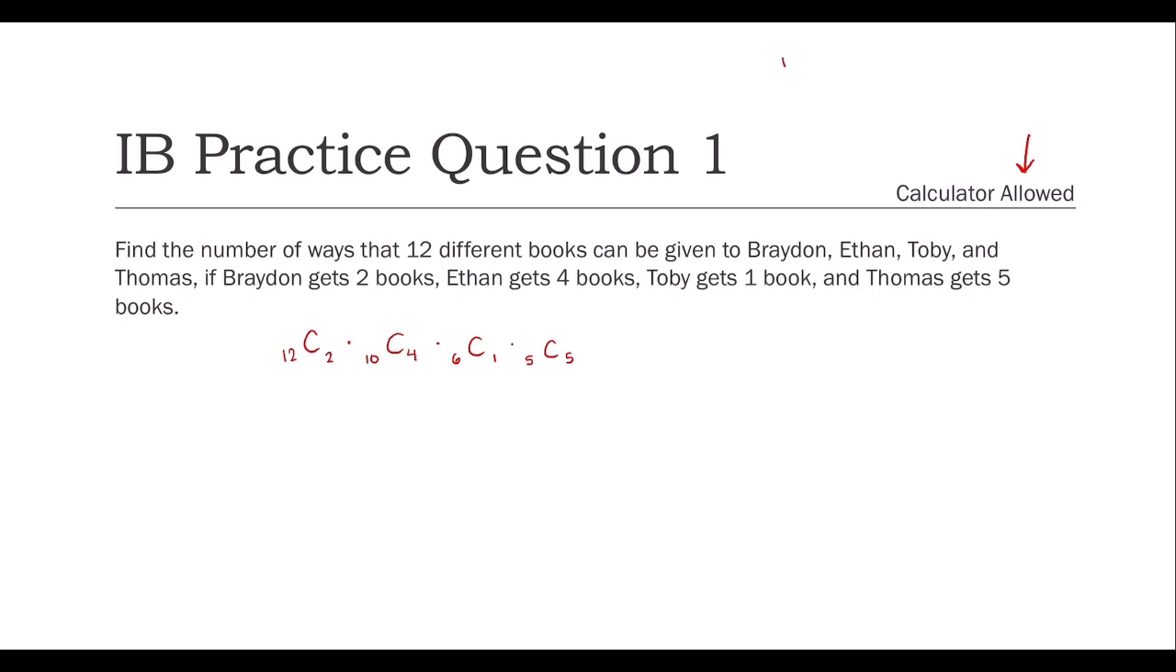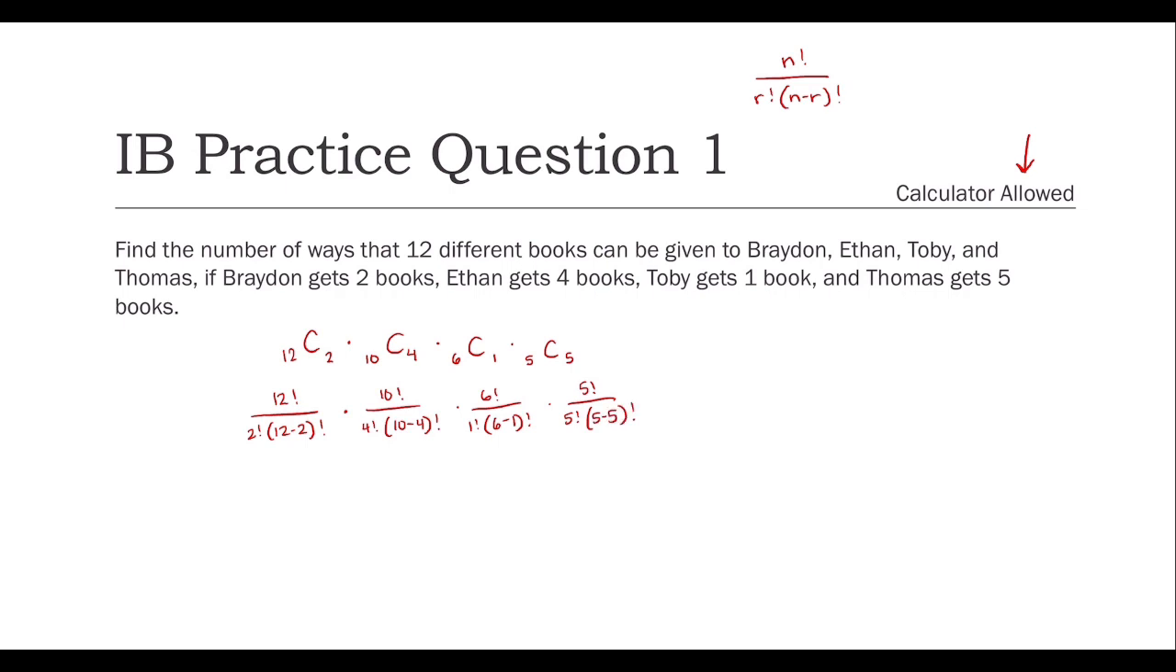So for our combinations, it's n factorial over r factorial times n minus r factorial. So our first one would be 12 factorial over 2 factorial times 12 minus 2 factorial, times our second one, which is 10 factorial over 4 factorial times 10 minus 4 factorial, times 6 factorial over 1 factorial times 6 minus 1 factorial, times 5 factorial over 5 factorial times 5 minus